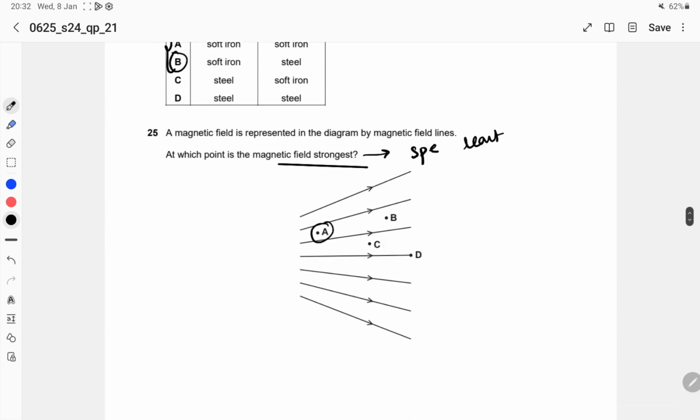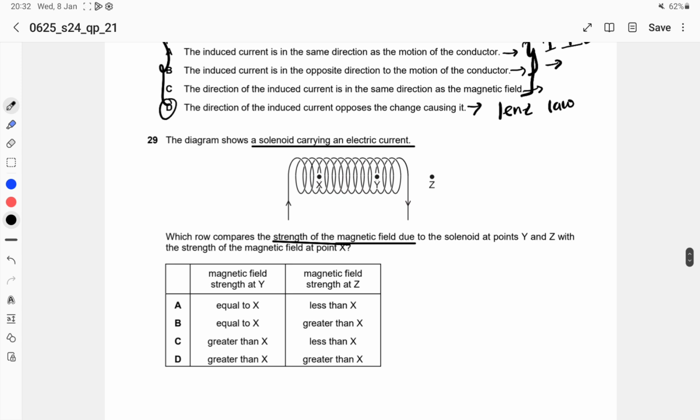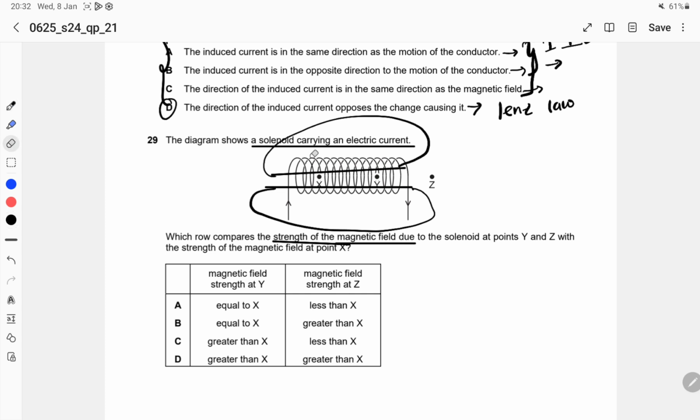You'll remember a similar question was asked here. Let's assume there are only two field lines, one at the top, one at the bottom. So this is the top one, this is the bottom one. This is how the field lines would be. So my field lines are, obviously they have to be parallel at the center because my field lines are repelling each other, something like this.